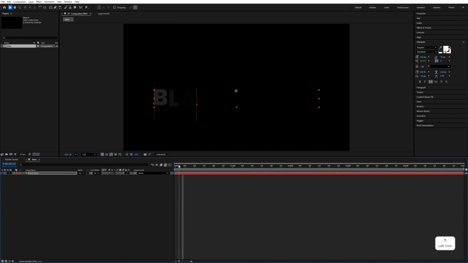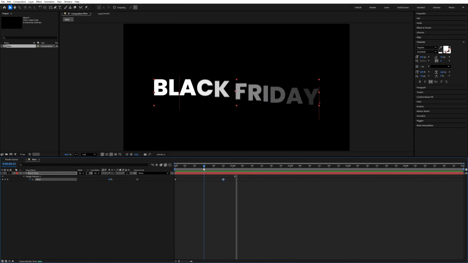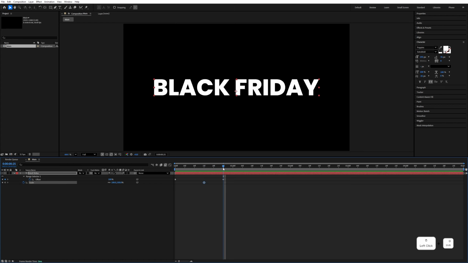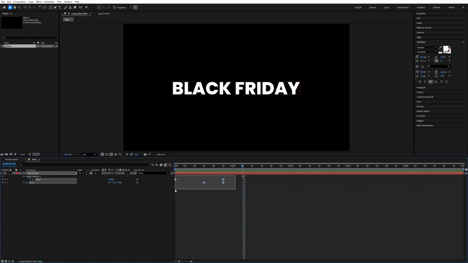So now press U to see these keyframes and go to the 50 frames and press S to add the scale keyframe. Press U to see both of these keyframes and go to the 25 frames end of this keyframe and change the scale value. So let's make it 77% and it should animate like this. After that, select all of these keyframes, press F9 to ease them